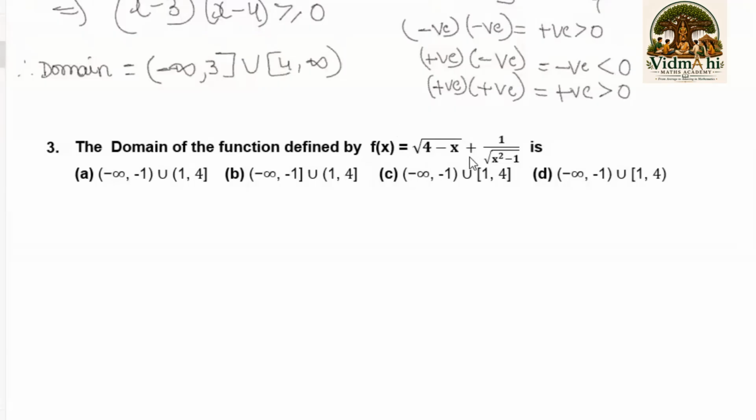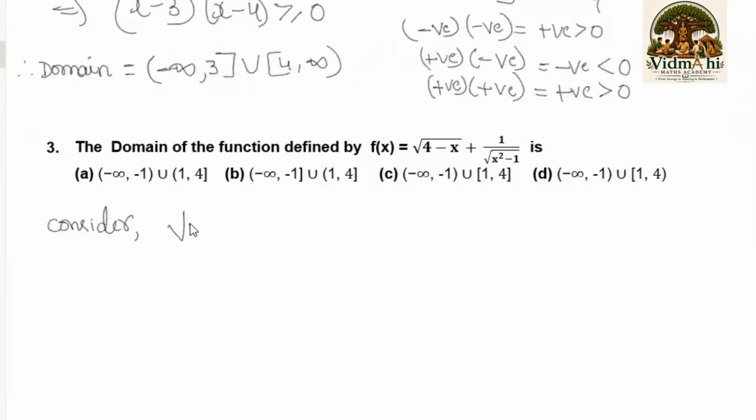This function is the combination of two rules of the domain of the function. To find the domain of the function, it contains two rules. First one, it contains under root of expression. Second one, it contains 1 by root of expression, and the combination of these two rules. Correct? So, first consider this first rule, that is, consider